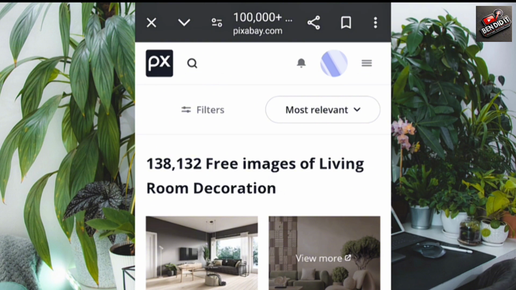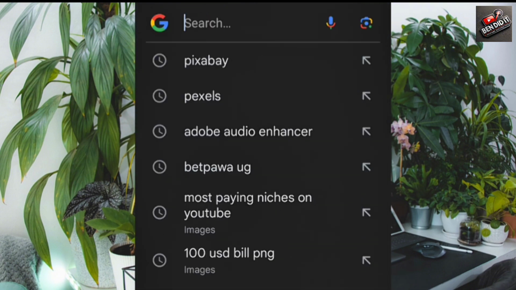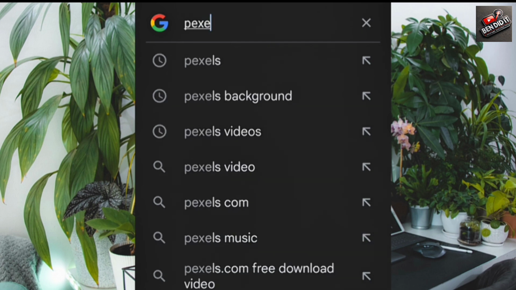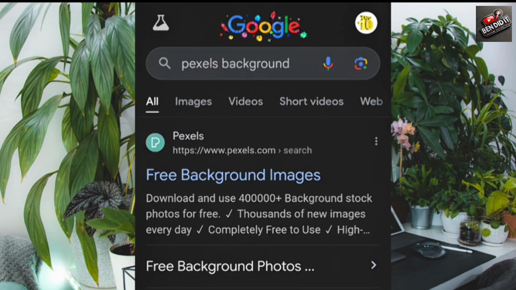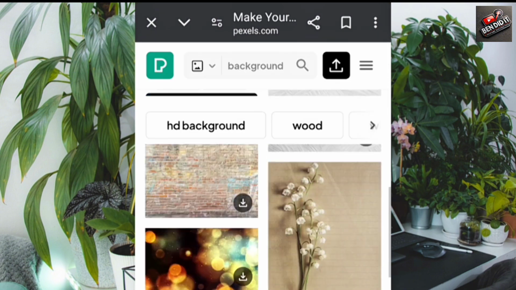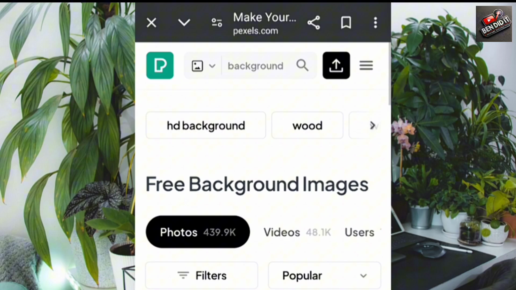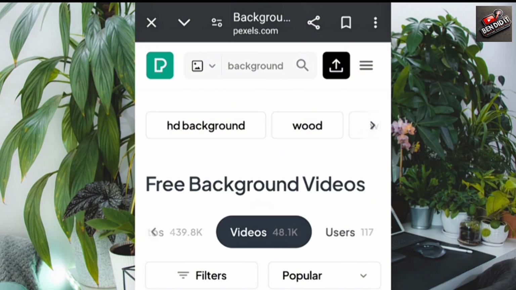And apart from this, I'll also show you another website here, which is called Pexels, right here, and this is the website. You can tap on it as well and search for any kind of image that you want. With these websites, you can also download their videos, because they also have videos, and use them in your content. And once you use this kind of footage, no one will strike your video. You will not get any kind of problems in your videos.